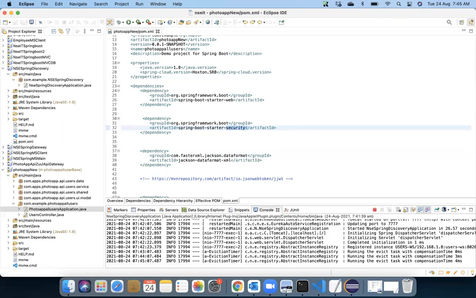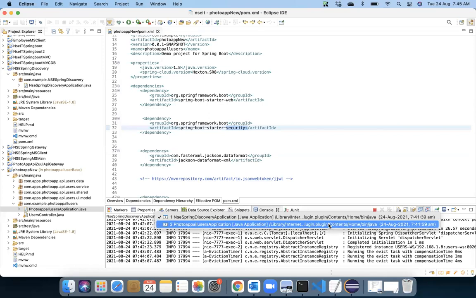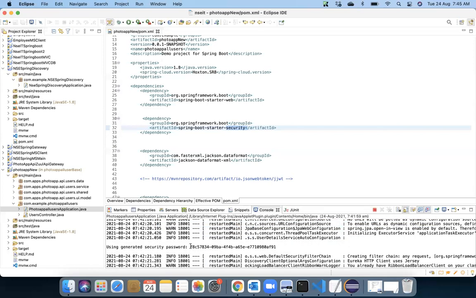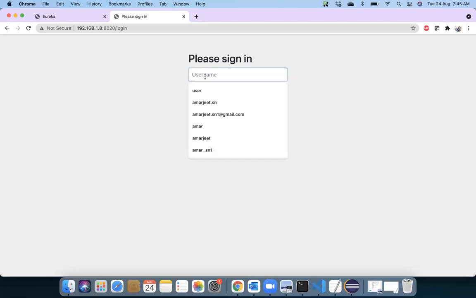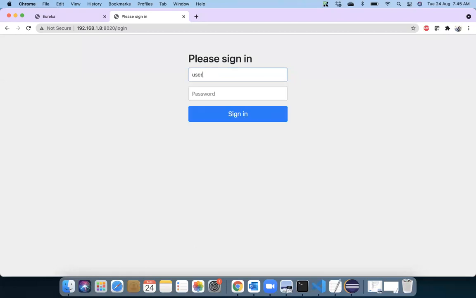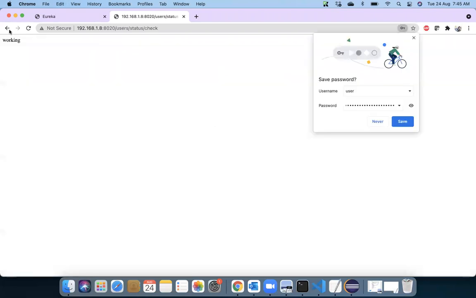See, this is the password for you. Copy this password, give the username user, and give the password which I've given, and you can see you are allowed to go in. Everybody, please confirm.